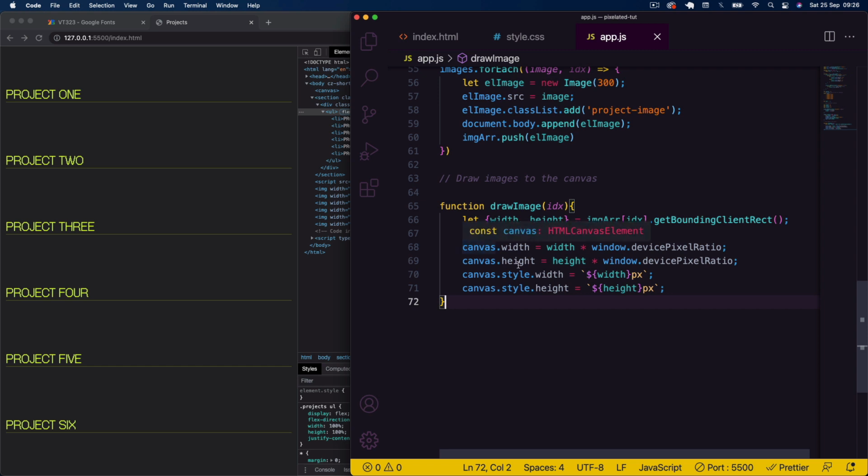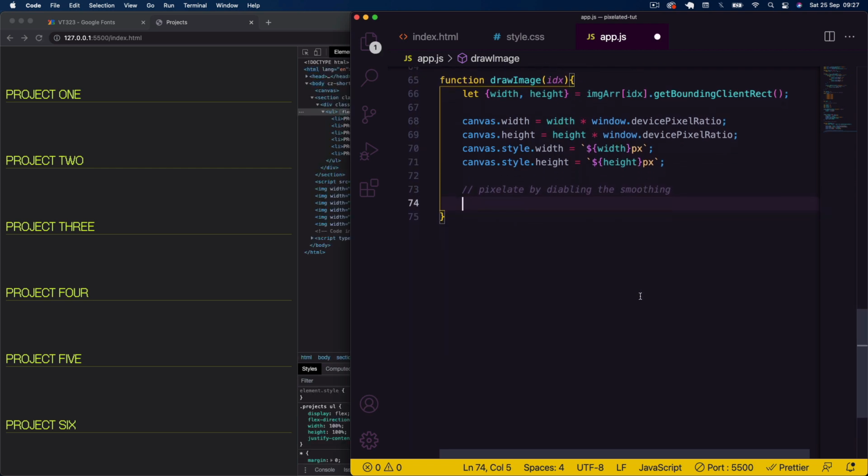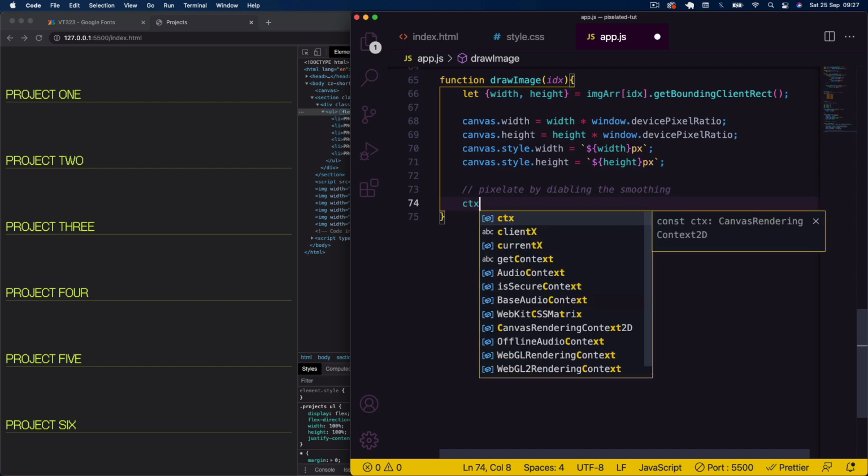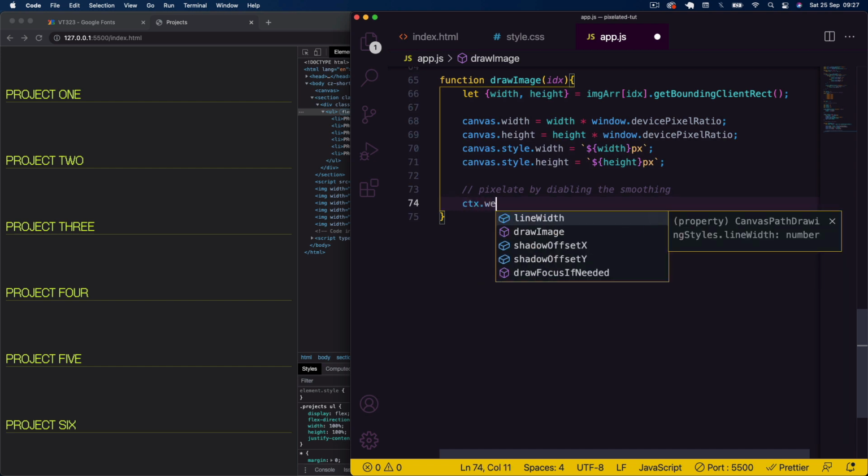Just so the canvas can reference those width and height variables and apply them accordingly to the canvas size. Okay, and then what we need to do here as well is pixelate the images by disabling the default smoothing applied. I'll show you the example of what this does soon, but to do this, just say ctx.webkit